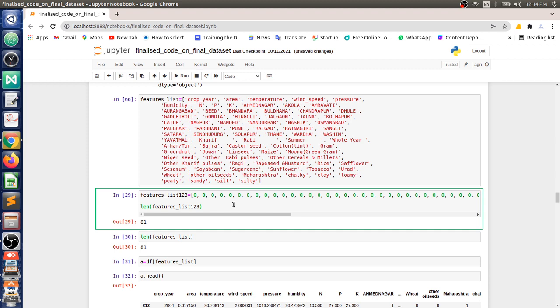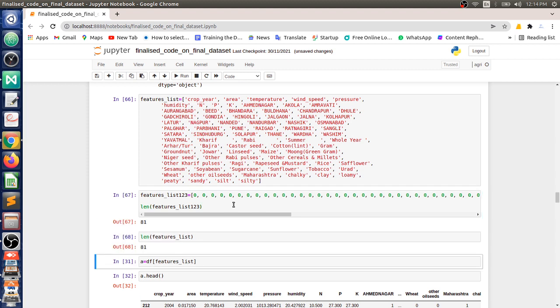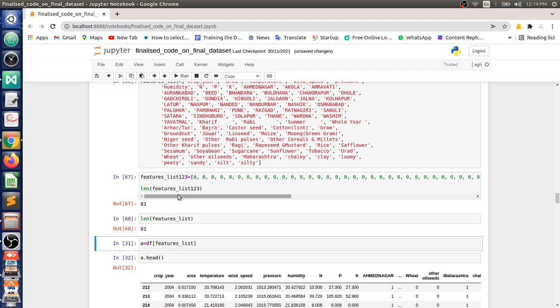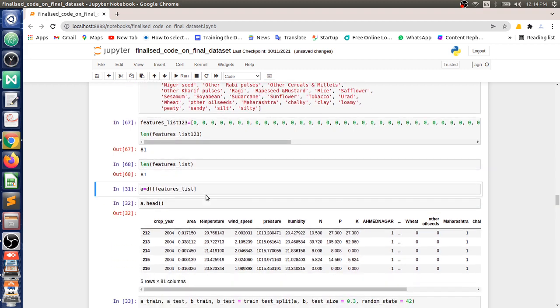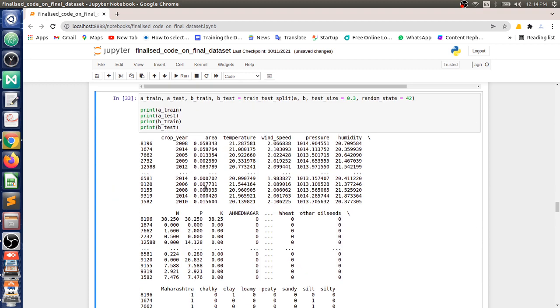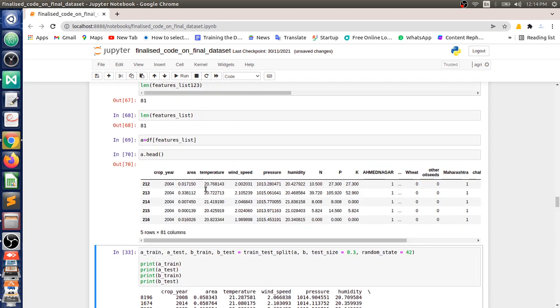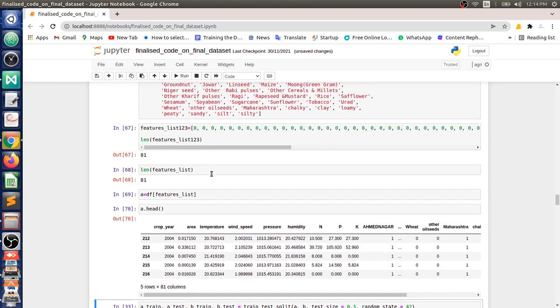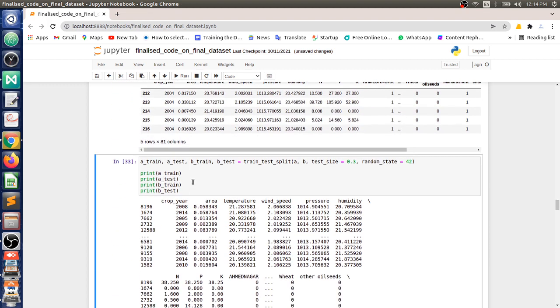Here I'm just checking, one list I created and gave 81 data, and I'm checking it. Now A will have all the input columns.